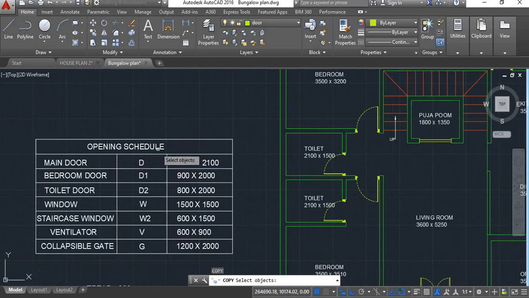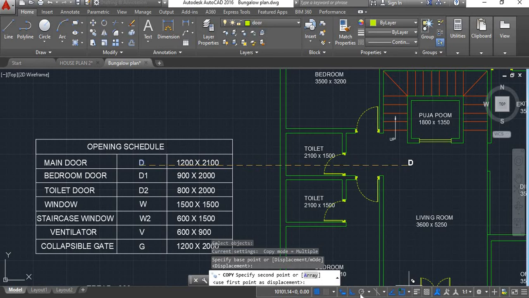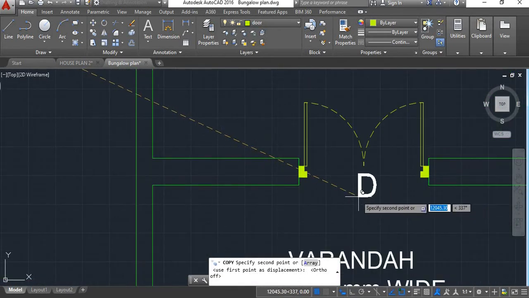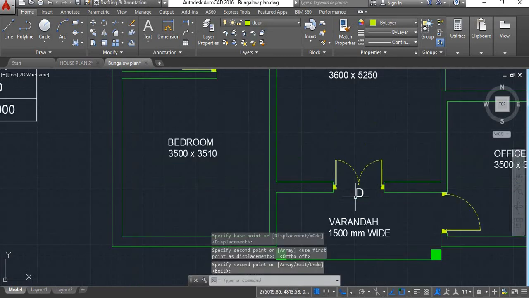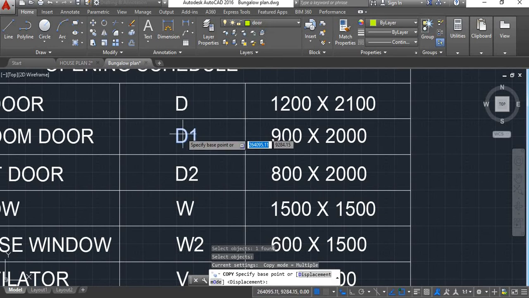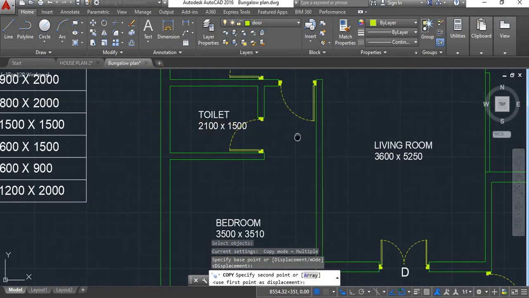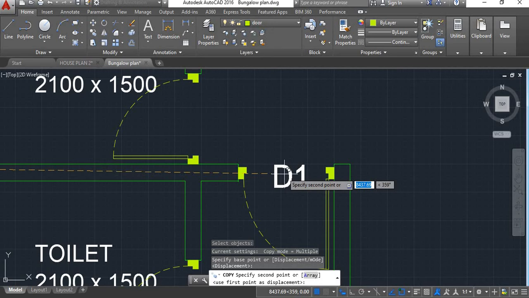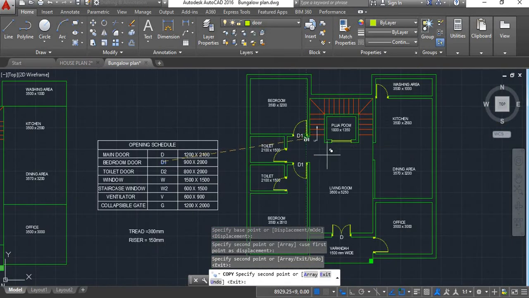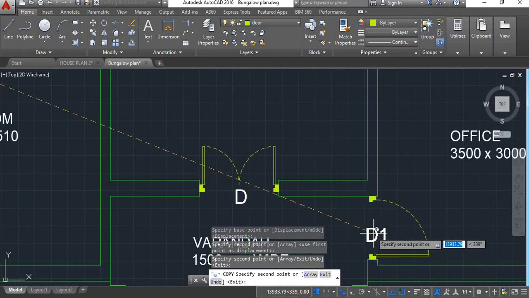I'll copy this. This is D. This is a D1. This is D1 and this is also D1.